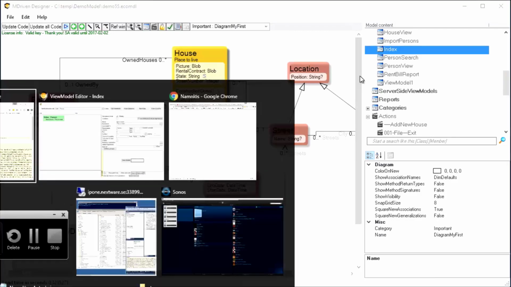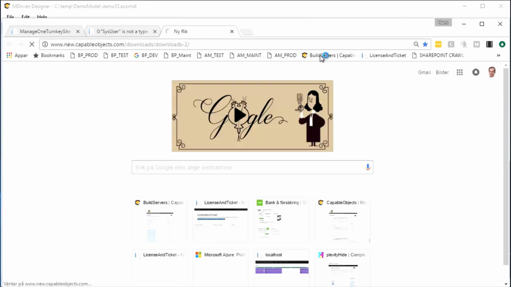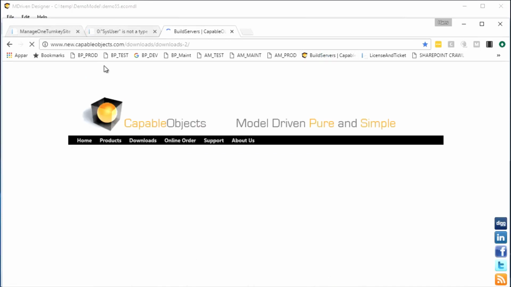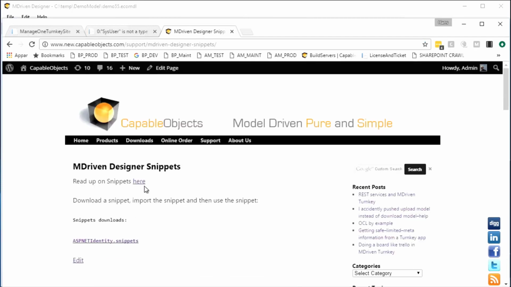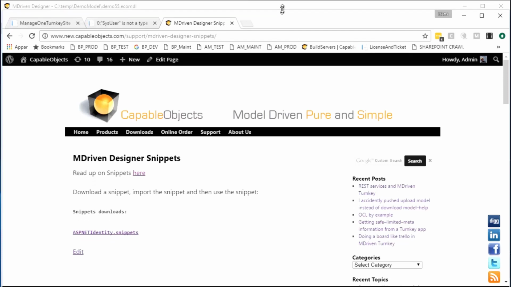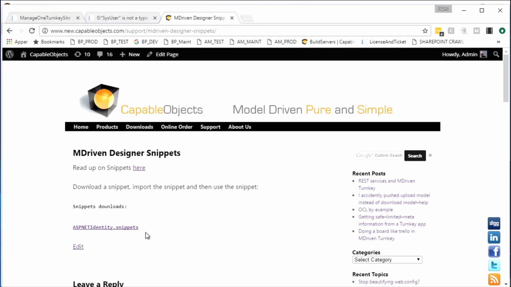That's quite easy to do. We just go to the capable object site to find, in the support area, MDriven Designer Snippets. So snippets can be further explored on these links on the site, but what they actually are is pieces of models that you can reuse between different models, different projects that you have. So what I'm going to do is download the ASP.NET identity snippets,